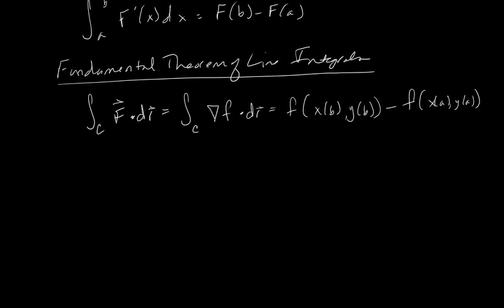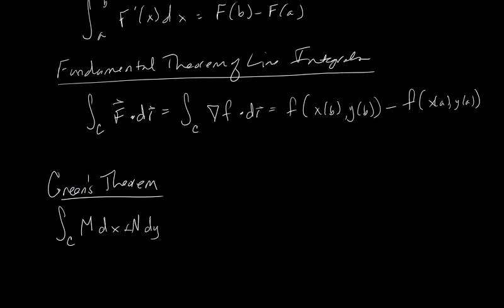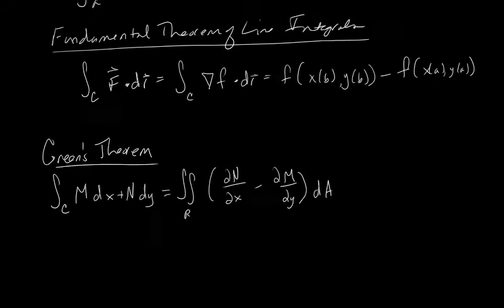Then Green's theorem. Okay, so this one says if we have the integral over c of M dx plus N dy, that's supposed to be a plus sign, there we go, plus N dy, that this is equal to the double integral over R of the partial of N with respect to x minus the partial of M with respect to y dA, which is equal to